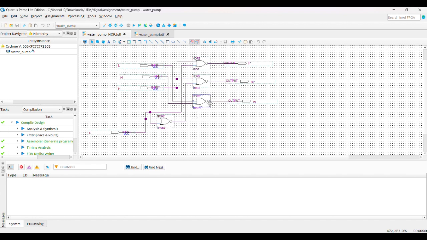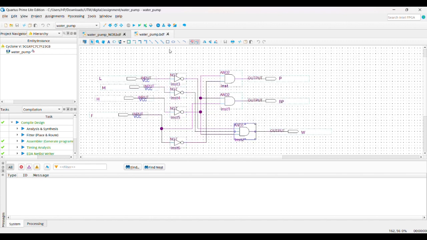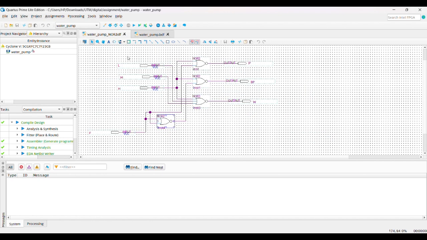Okay, so this NOR gate acts as an AND gate, and this NOR gate acts as a NOT gate. You will get the same result, but it uses fewer gates. Here we use 1, 2, 3, 4, 5, 6, 7, but here we only use 4 gates.